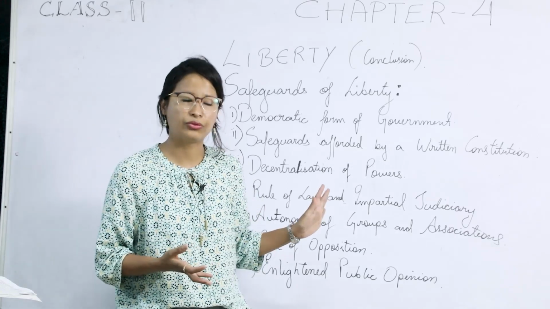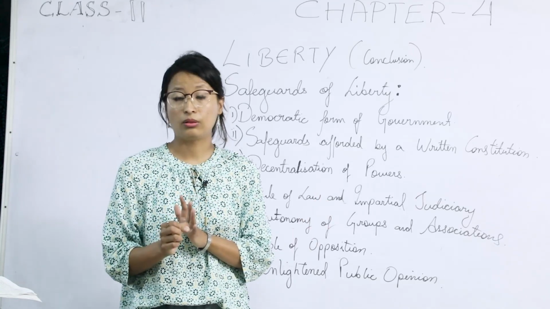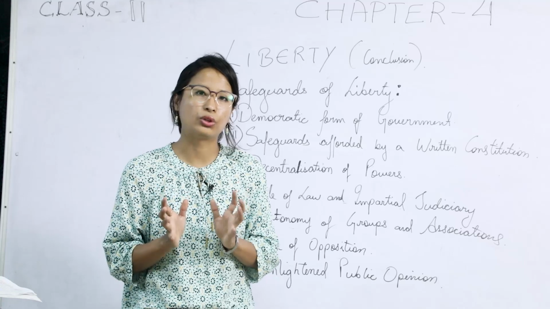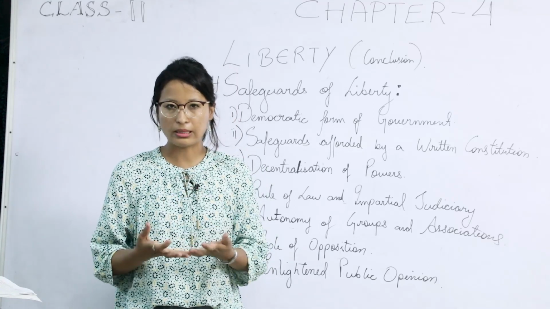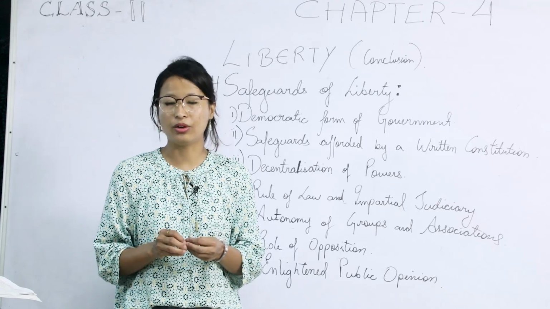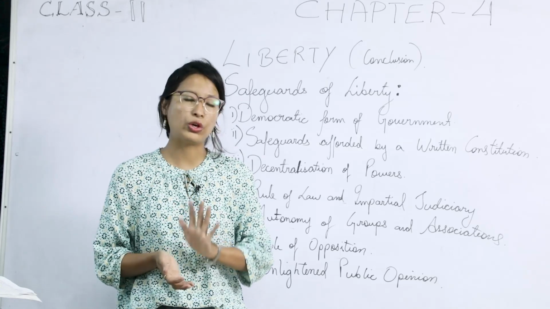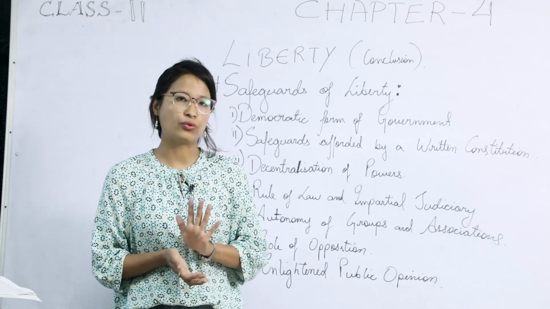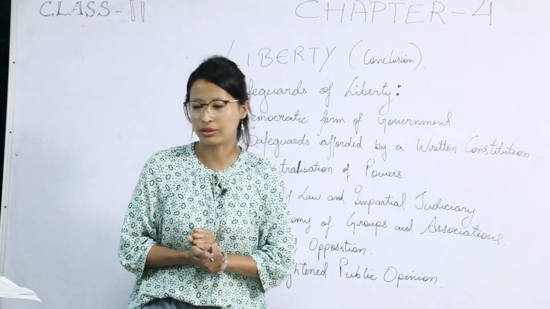For example, the fundamental rights in the Indian constitution not only lay down the 6 broad categories of fundamental rights, but also provide ways and means to enforce and protect them. That is under Article 32, constitutional remedies, where you have 5 different kinds of writs to protect your fundamental rights.